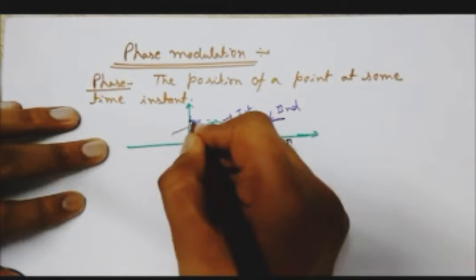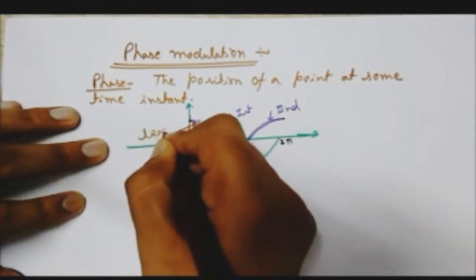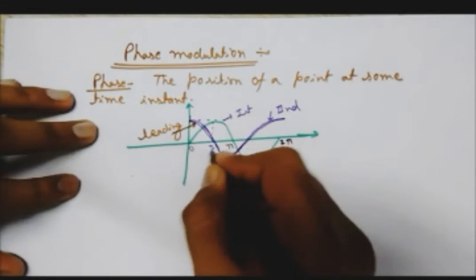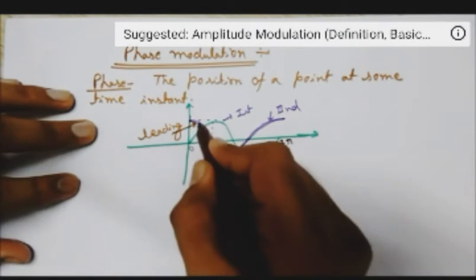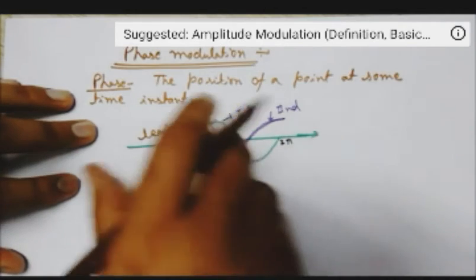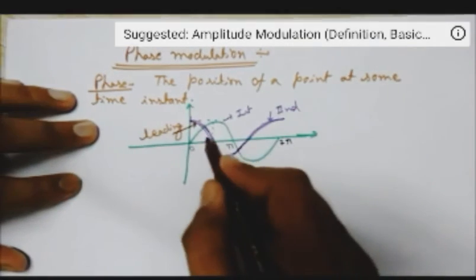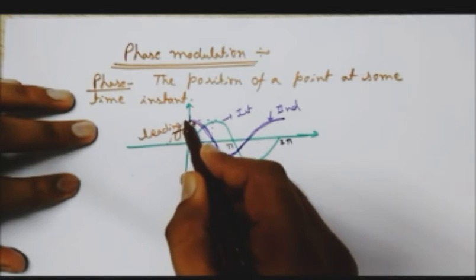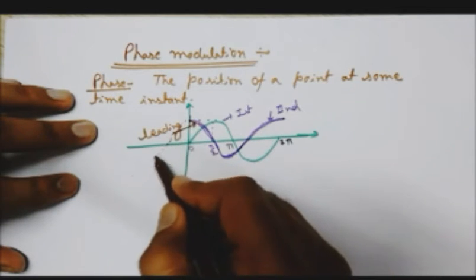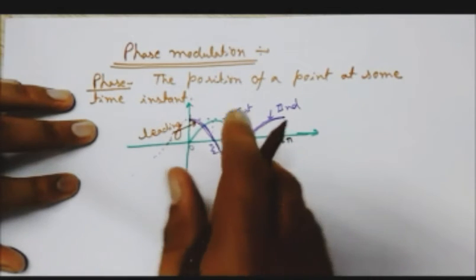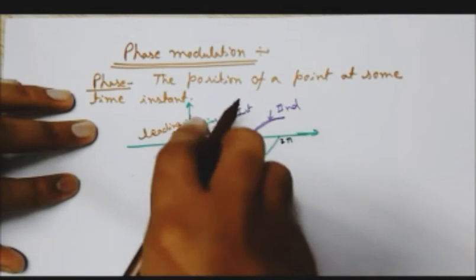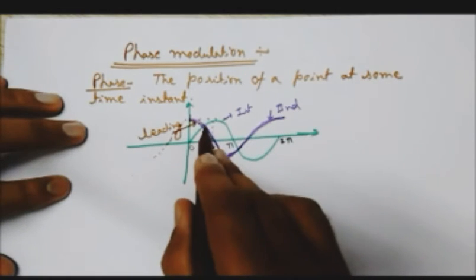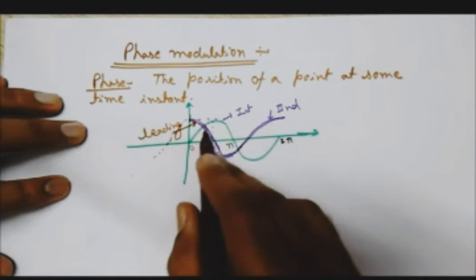This one is leading by a phase of 90 degrees, or pi by 2. You can see the wave has been moved horizontally. If you draw it, the form will be like this. I am marking it with the help of the trough. So this wave, shown in blue, is pi by 2 ahead of the first